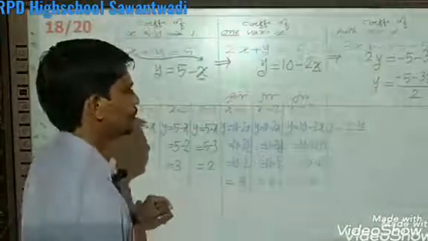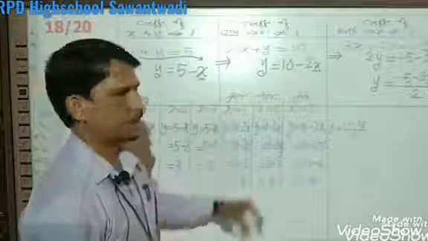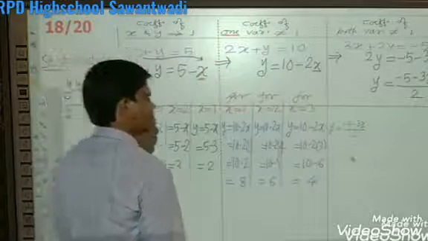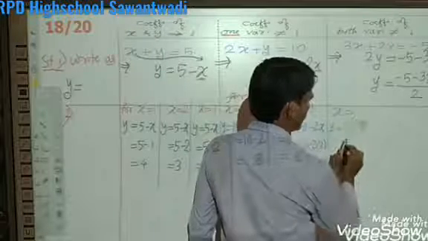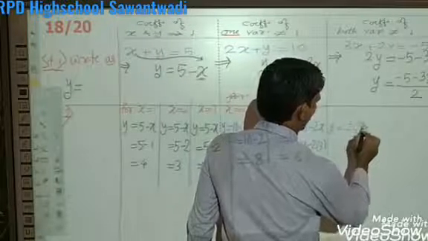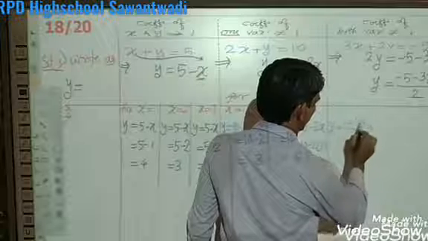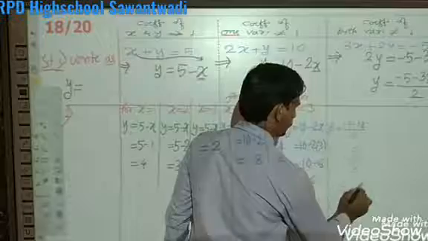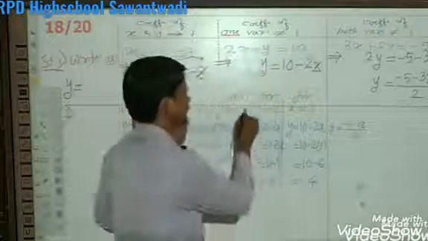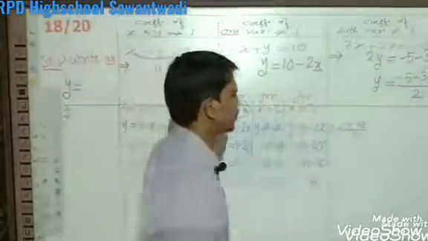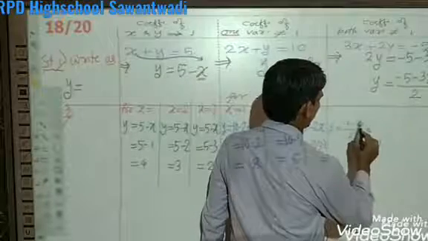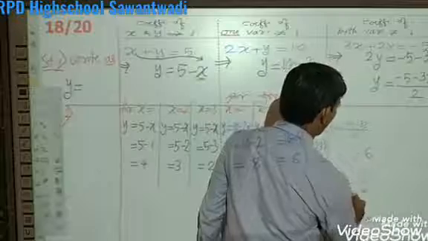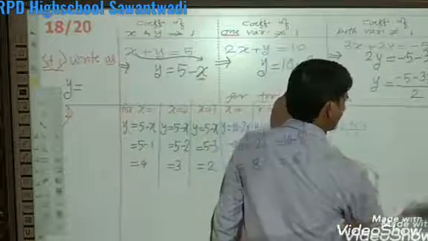So, if you select straight away x is equal to 1, 2, 3, then what shall happen here? Just see. As I told you, you can select x is equal to 1. If 1 is selected, then this will become 3 into 1, which gives you 3. And negative 5, negative 3, it will give you negative 8 divided by 2. This will give you an answer. So, 1 is a valid value. Let us use 2. If 2 is used here, then this will become 3 into 2 is 6, then negative 5 minus 6 gives negative 11 divided by 2, which will not give the answer.